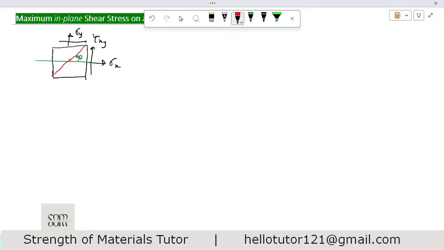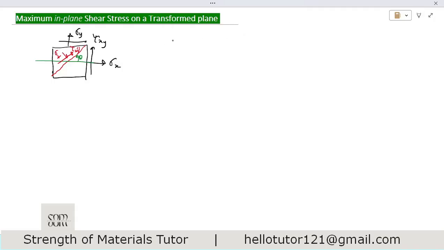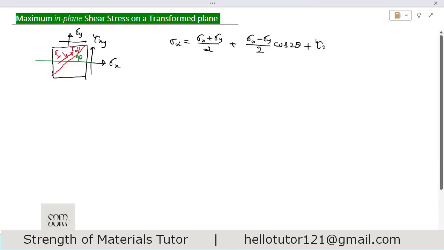Now we know there is going to be a normal stress on this plane, sigma x prime, and there is going to be shear stress on this plane, tau x prime y prime, and this plane is inclined at an angle of theta. Okay, now we know normal stress on this plane is sigma x prime is equal to (sigma x plus sigma y) divided by 2 plus (sigma x minus sigma y) divided by 2 cosine of 2 theta plus tau xy sine of 2 theta,